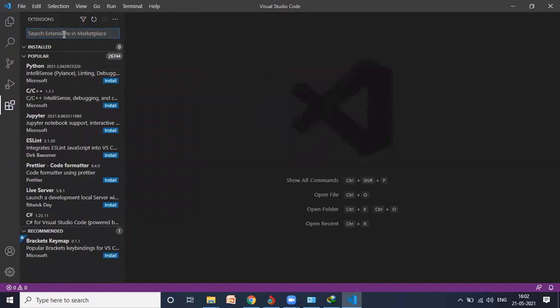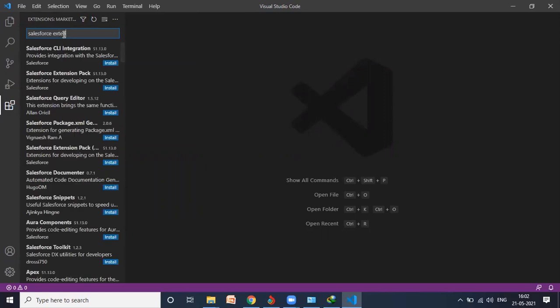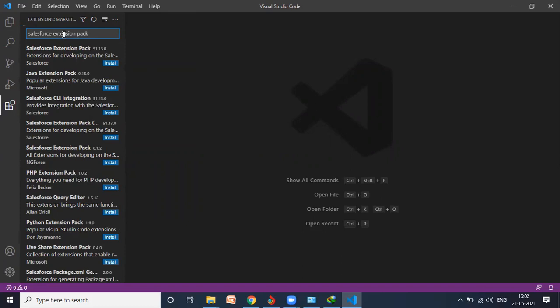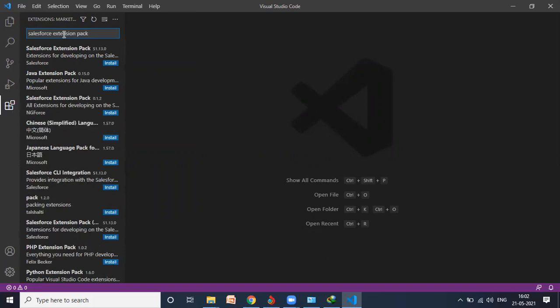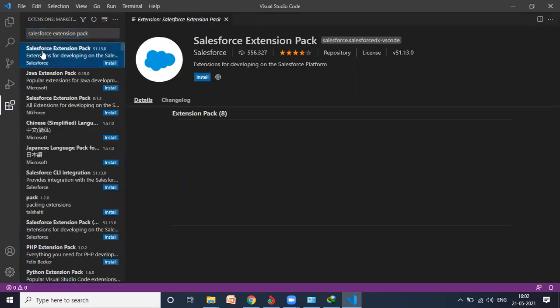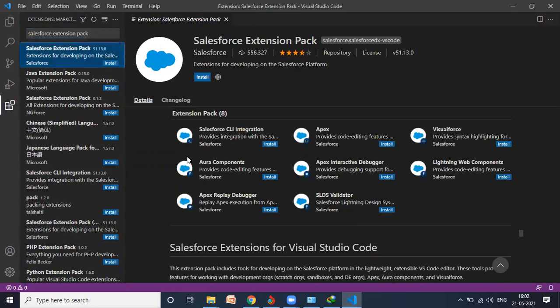Now here you have to type Salesforce extension pack. Let me click on this. So guys, you can see here what and all extensions we have. We have CLI integration extensions, again command line interface.